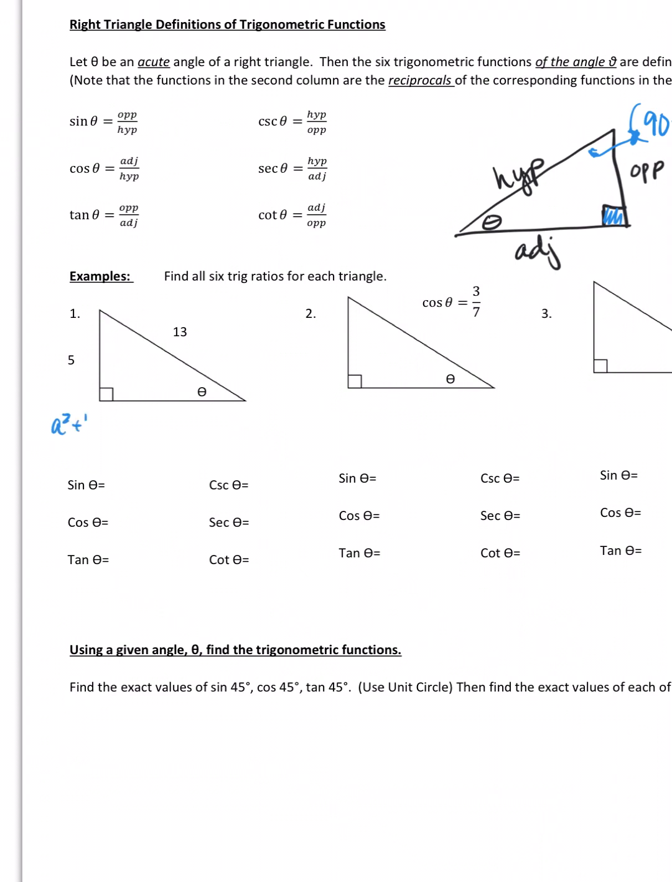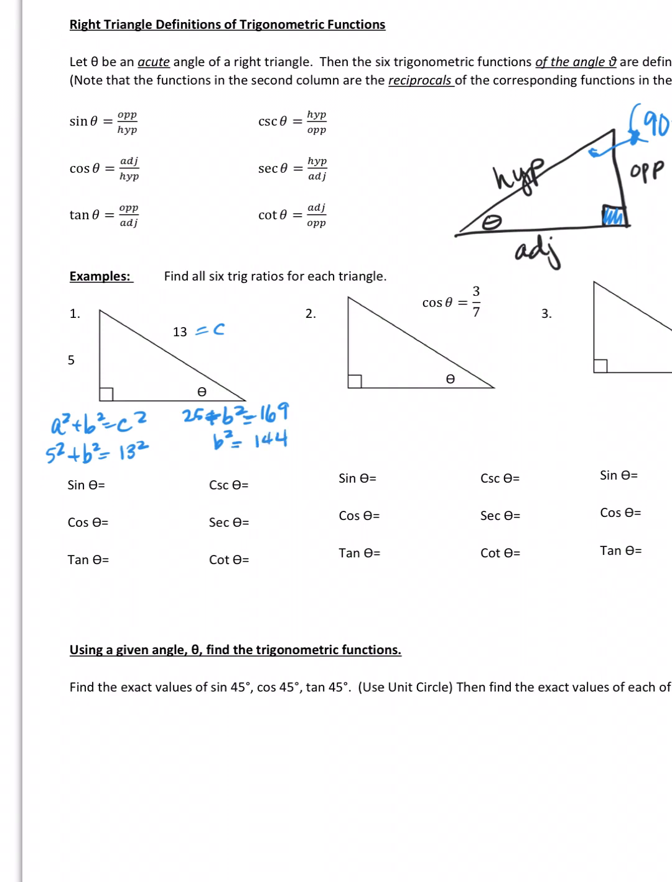Remember, a squared plus b squared equals c squared. Well, the hypotenuse is always your c. That 5 can be a or b, it doesn't matter. So I'm just going to make it a. A squared, 5 squared plus b squared equals 13 squared. So that's 25 plus b squared equals 169. If I subtract that, I get b squared equals